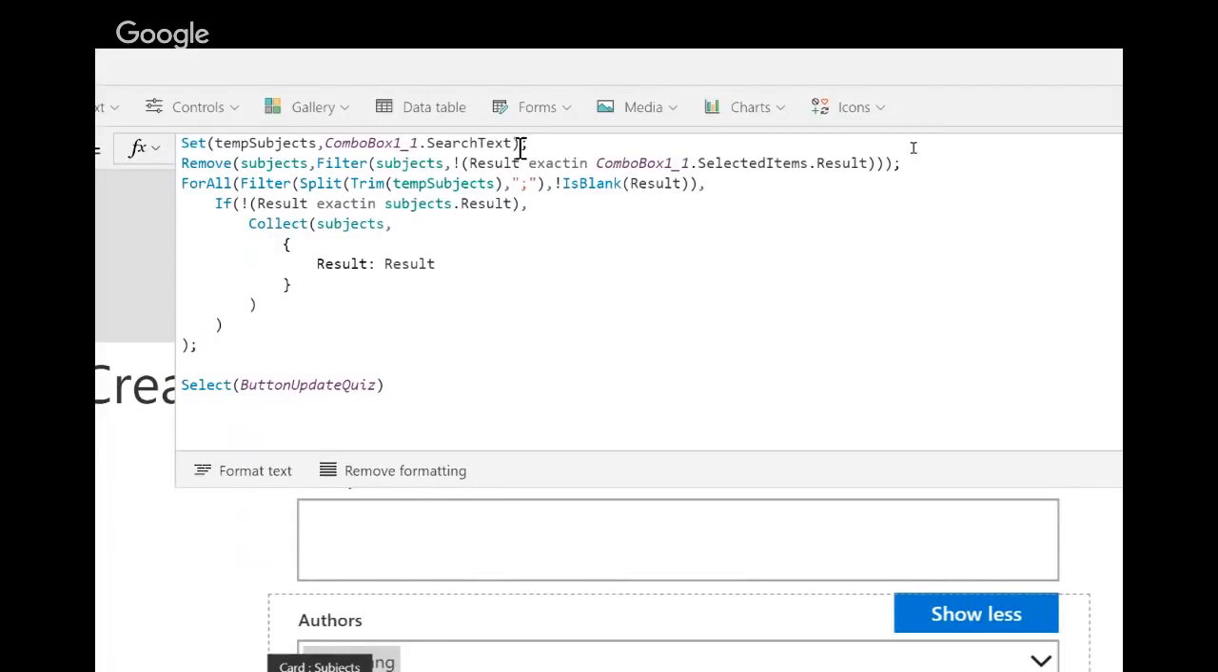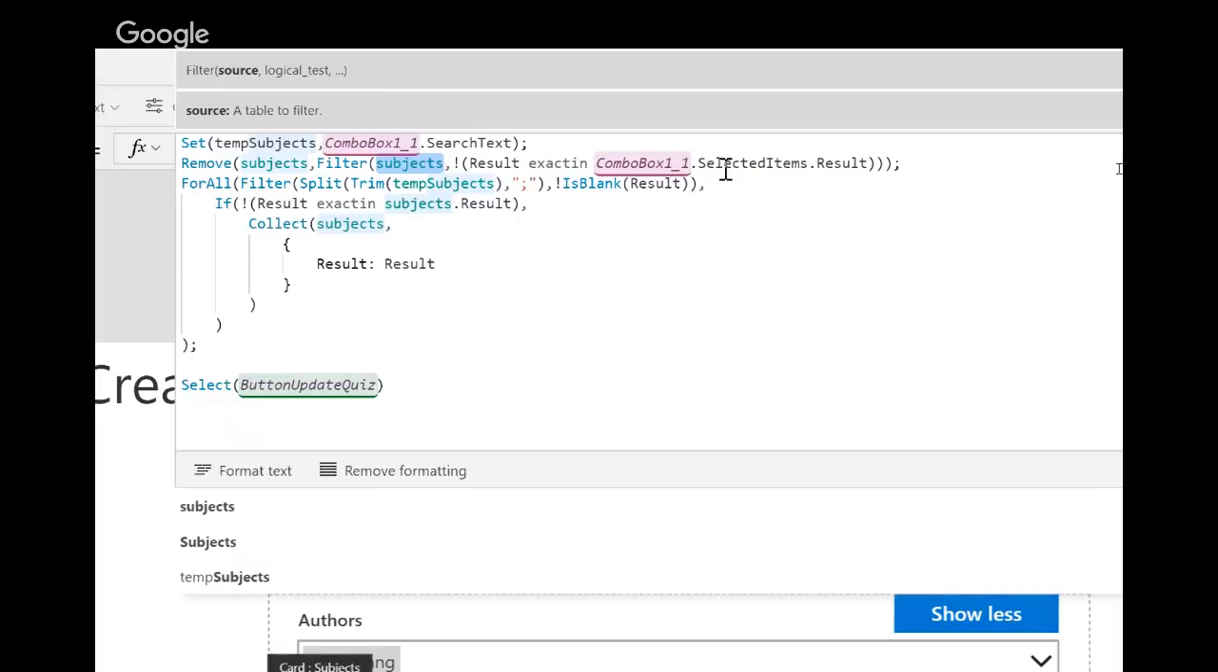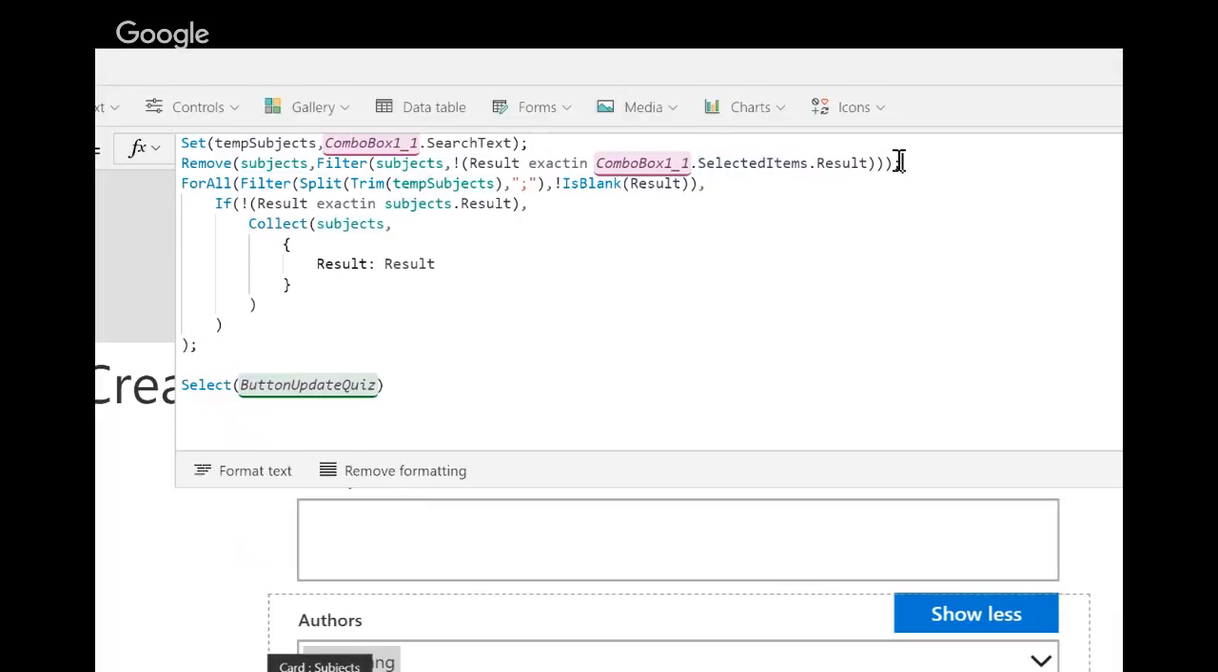So what does it do? It's setting that search text to a variable. That way, if this combo box search text were to get reset or disappear, it's still in that variable, so it's protected. It also removes anything that is no longer selected inside the combo box. So that's what this formula does. Let's say maybe I deselected something in the combo box. I don't want it anymore. It'll remove it from the collection. And then